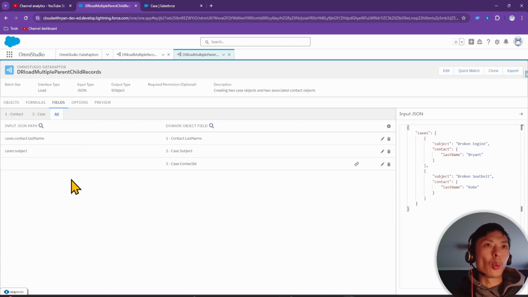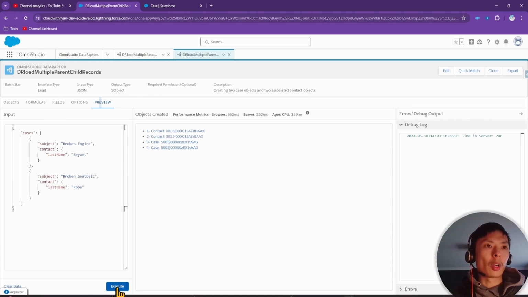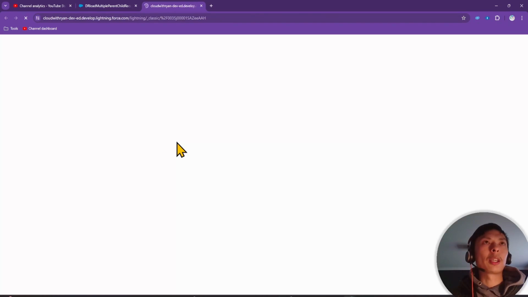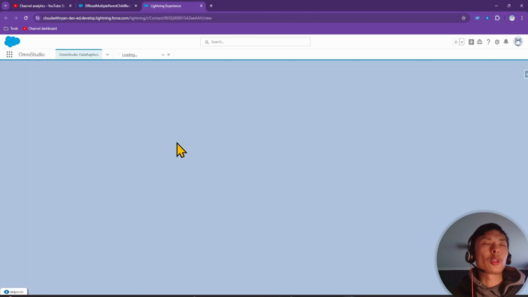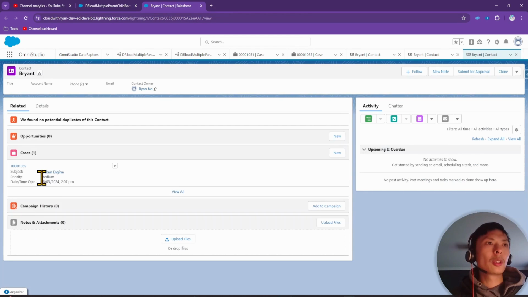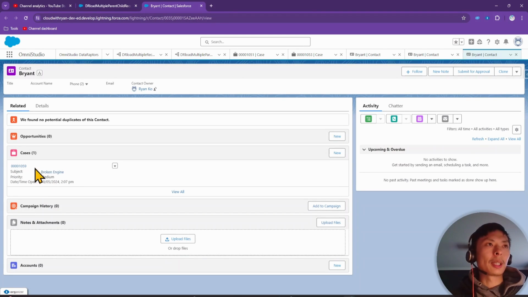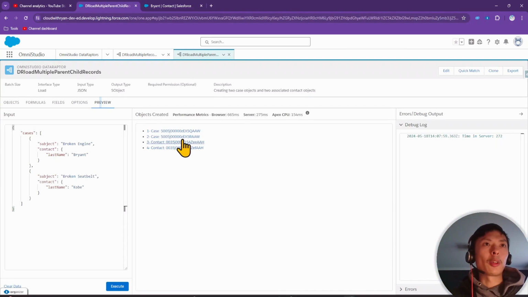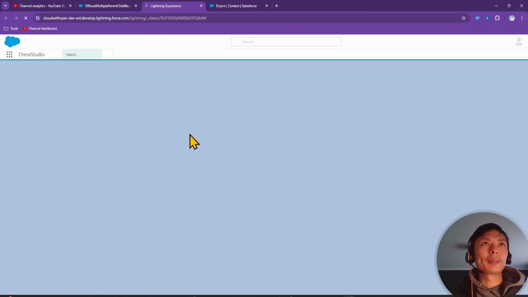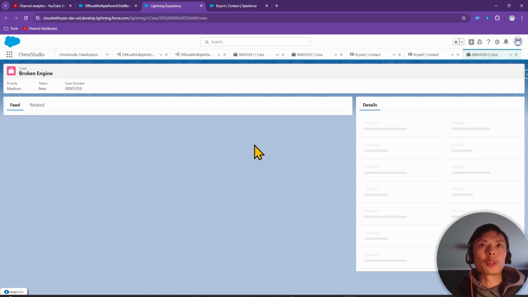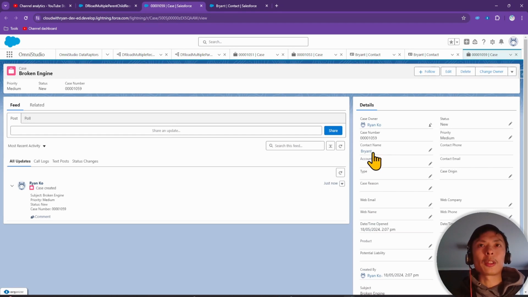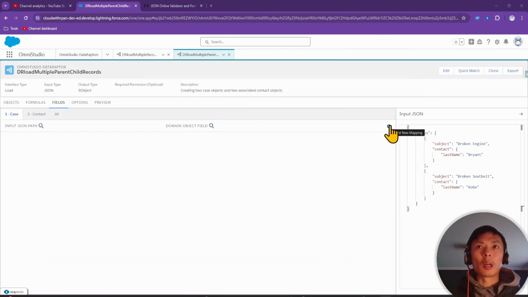And if we go to all, this will show us all the fields. So let's now go and hit the preview button. What we are expecting now is, if we look at one of these contacts, we should expect to see a case under the related list. And if we see a case record, we should expect to see a contact name being populated. Right, so